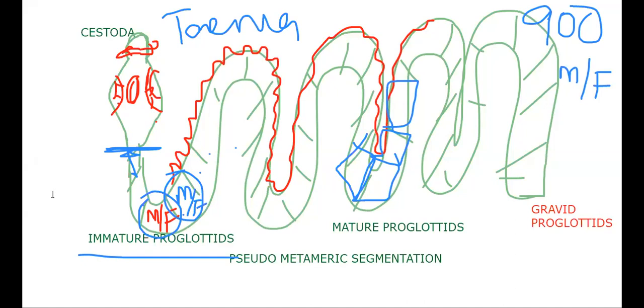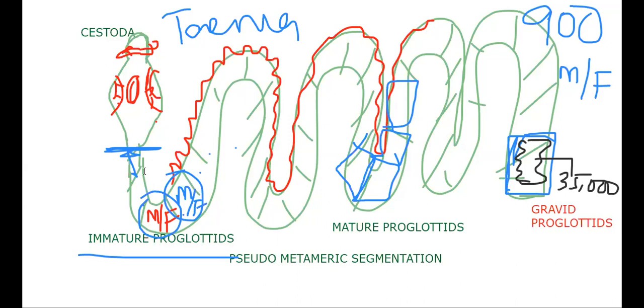Then finally, when it comes to the last segments, the reproductive system is with eggs only. That means the total reproductive systems are degenerated. It contains nearly 35,000 eggs, meaning the process is over. That containing nearly 30 to 35,000, and you can see in some books even 40,000. Now calculate how many eggs it is going to produce: 900 into 35,000. Just imagine how fast it is going to be.